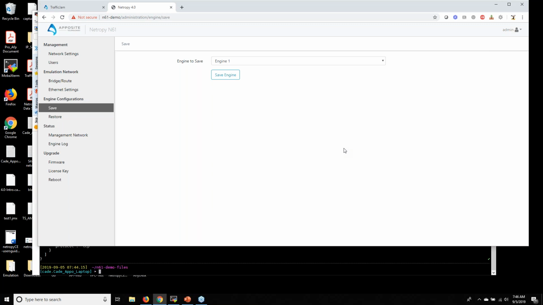That user will then try to watch that video and it'll eventually fail. They then hit stop on the Netropy recorder and they can download what's called the recorder file, and then load that inside the Netropy. What that does is give the exact network conditions that user was seeing.